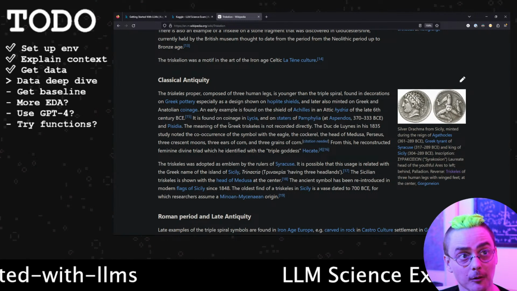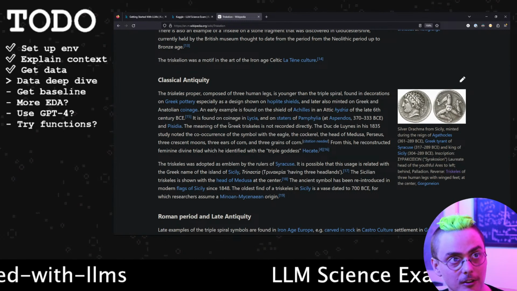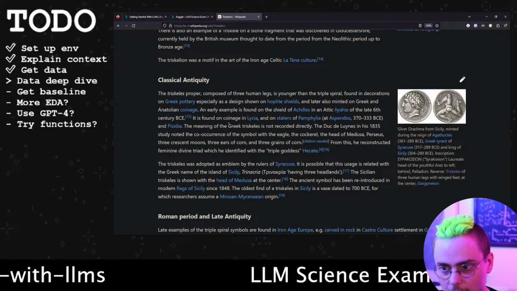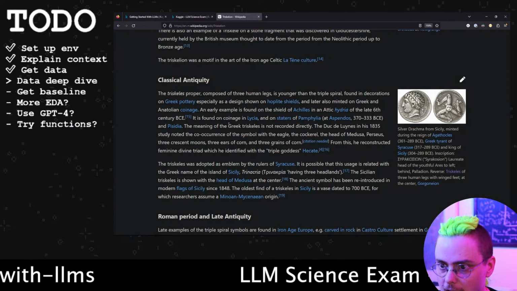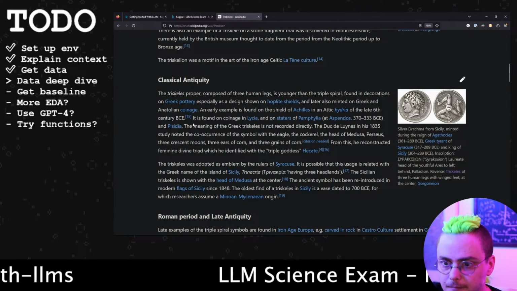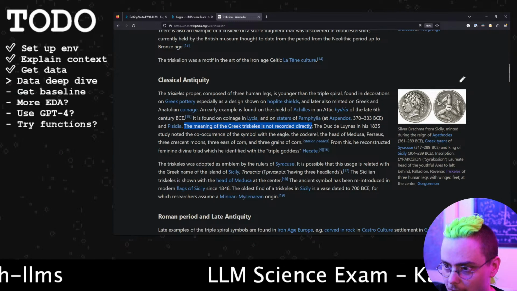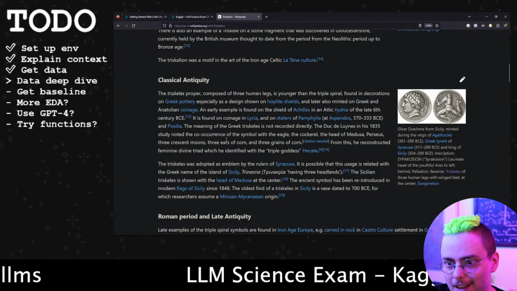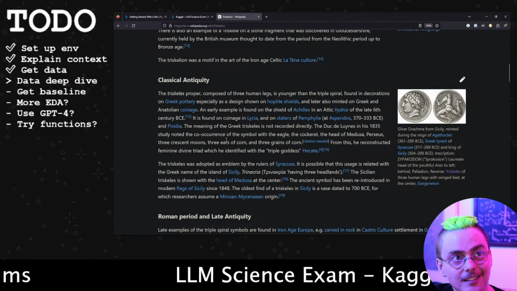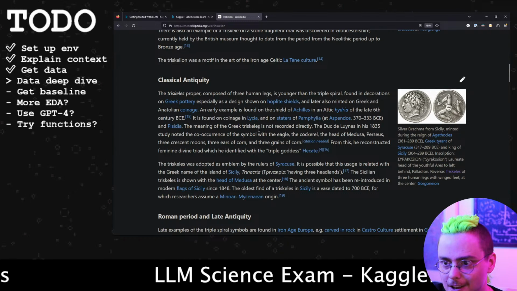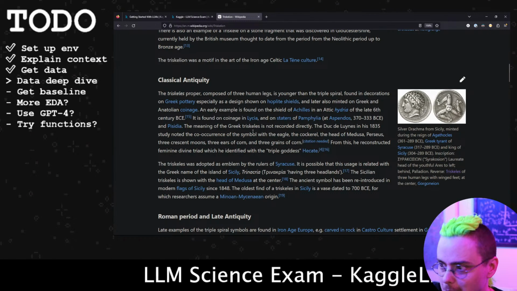And the language models are generally going to reuse the language from the Wikipedia page, especially in the correct answer. So we might expect to be able to find it. One thing jumps out at me immediately: meaning not recorded directly. So that suggests that the answer to this question is going to be very much up for debate if there's not an actual meaning written down from the time that the symbol came about.